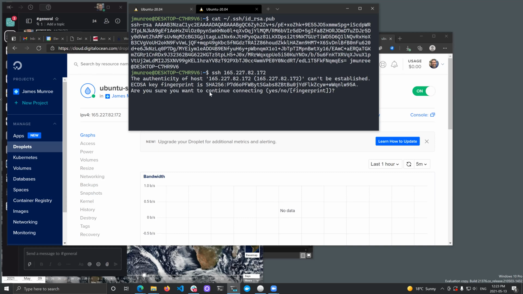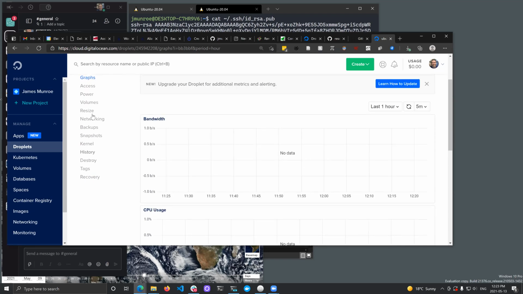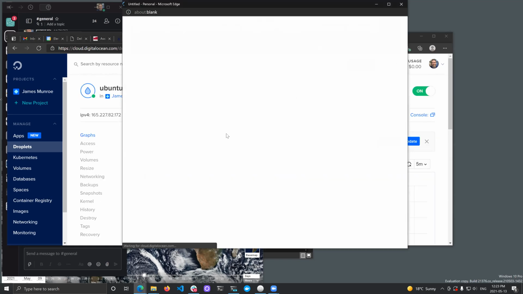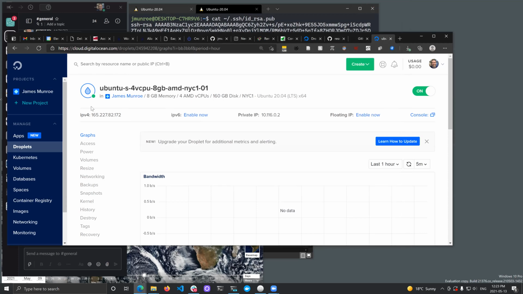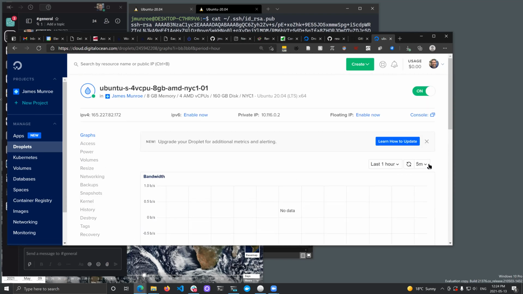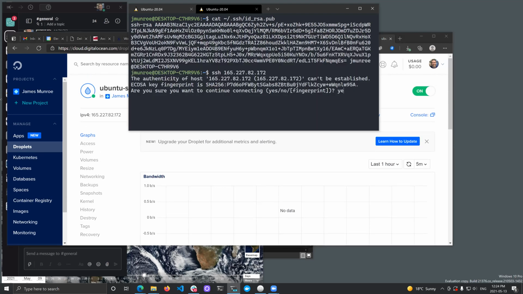How do I know you can trust this machine? Now, this is where security becomes an issue. If you're doing something on the internet, there are bad operators on the internet. You may want to verify that this computer is actually who it says it is. Okay. That information is somewhere, I'm just trying to remember where it appears. There is some button on here that I can look up what the private key is, but we'll skip that